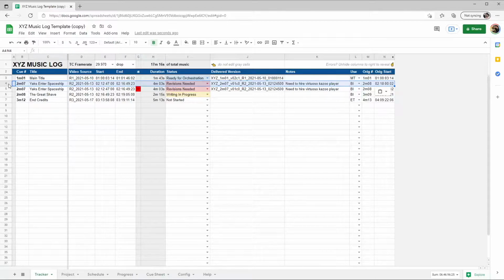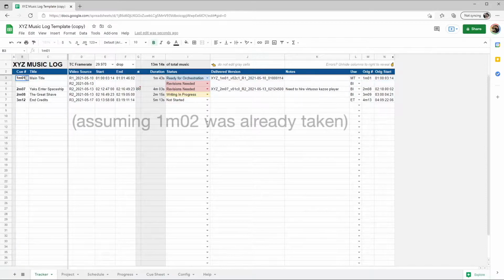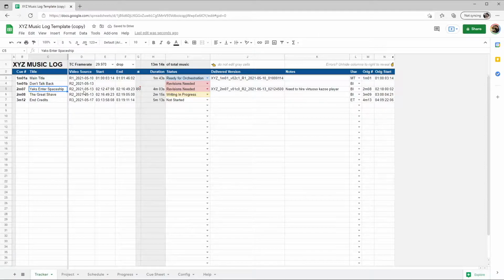Then we can delete all of the values that we don't need. Set a new cue number and title, and update status to not started. Okay, so let's try to save even more time and copy that first cue's end time over as our new start time with Control or Command V. And then we'll put in an end time, 0, 1, 0, 2, 3, 4, 5, 6. Oops, no such thing as frame number 56 again, but that start time should be valid,